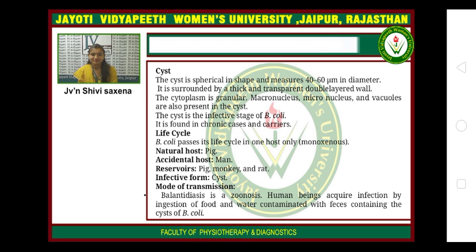Mode of transmission: Balantidium is a zoonosis. Human beings acquire infection by ingestion of food and water contaminated with feces containing the cyst of B. coli, and infection is acquired from pigs and other animal reservoirs